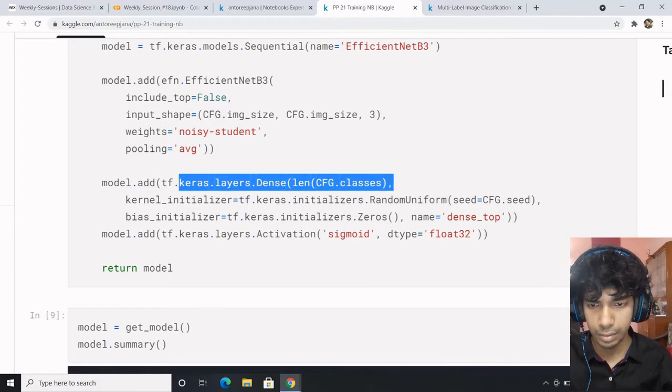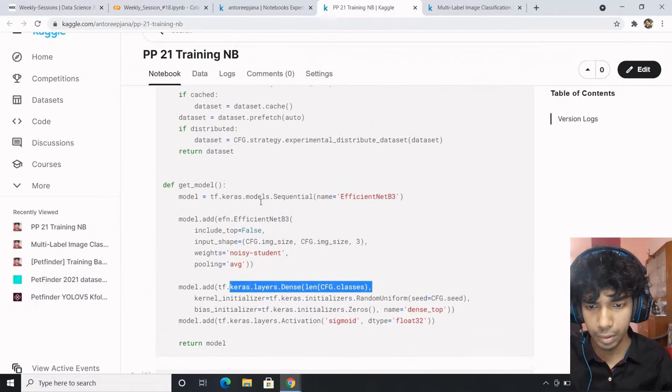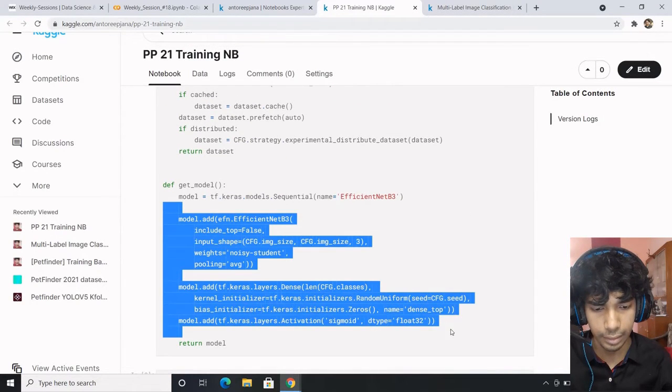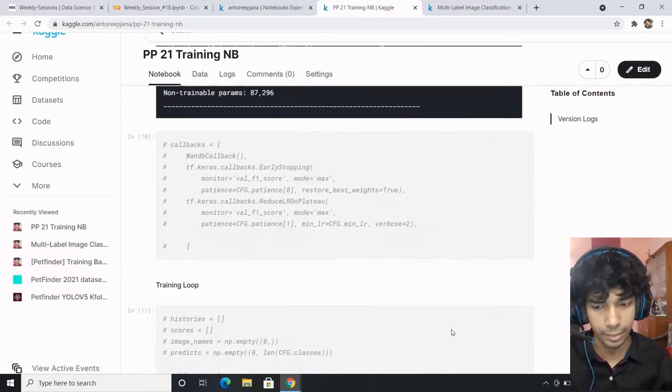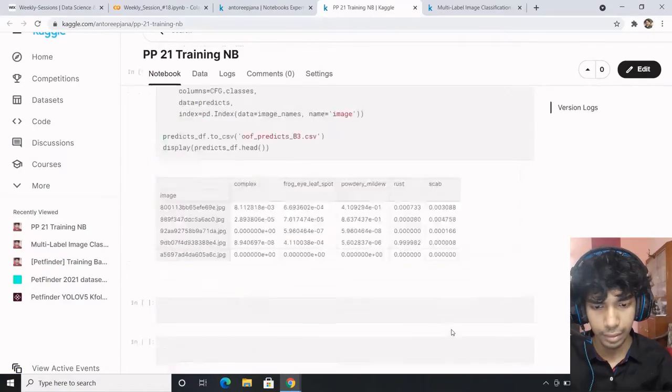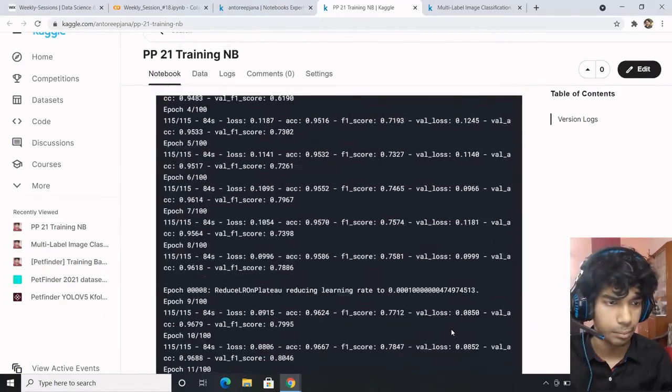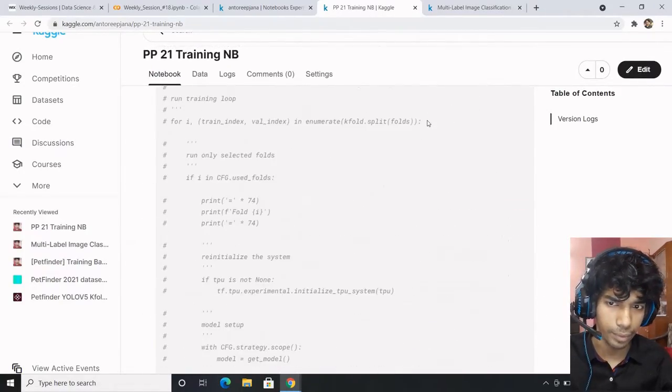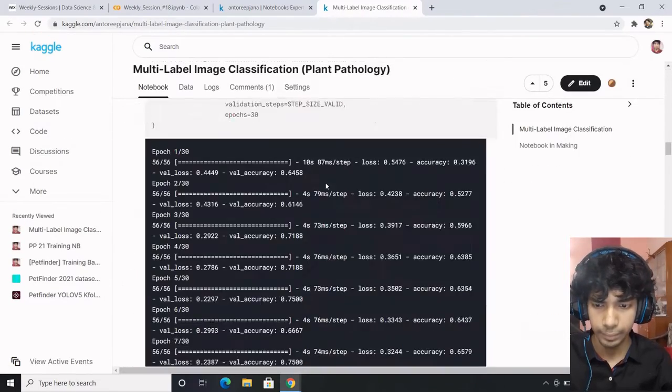Yeah, simple: number of classes, get the model, get the classes, add a sigmoid layer, that's it. You're good to go. Then everything is model training. Nothing beyond that. Quite simple, quite interesting.